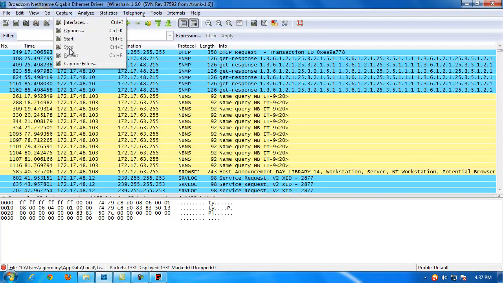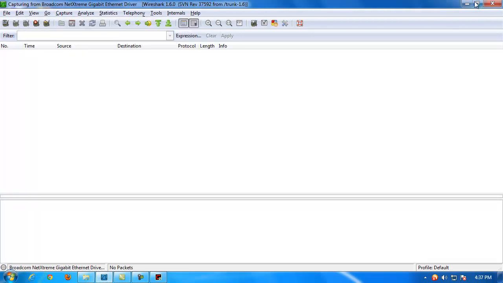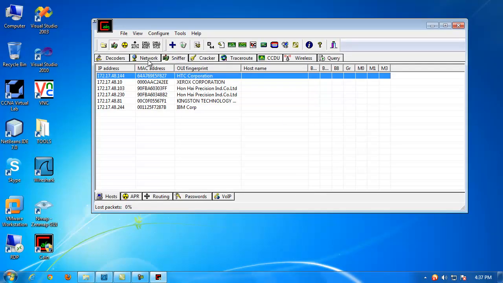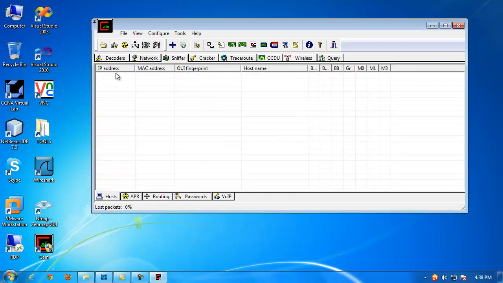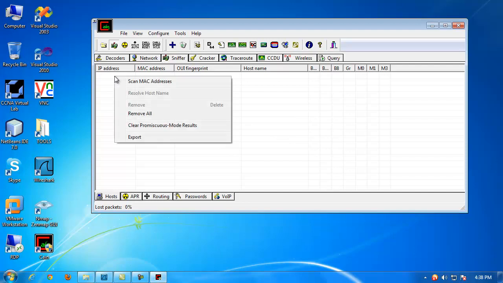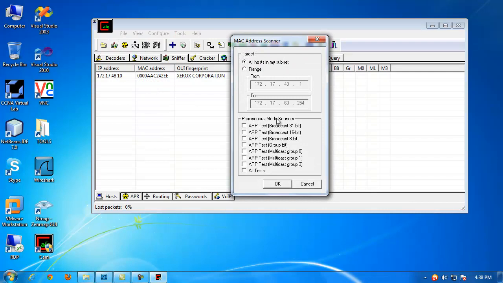So I'm going to do yet another capture, start, abandon the old one, leave that running in the background, and hop over here onto the sniffer. Let me get rid of all these other things, those are IPs that were discovered in the last operation. Right click on the background with the sniffer tab selected. I'm going to say scan MAC addresses. I don't want to do the whole range because that would take forever. So I'm just going to say 48.1 to